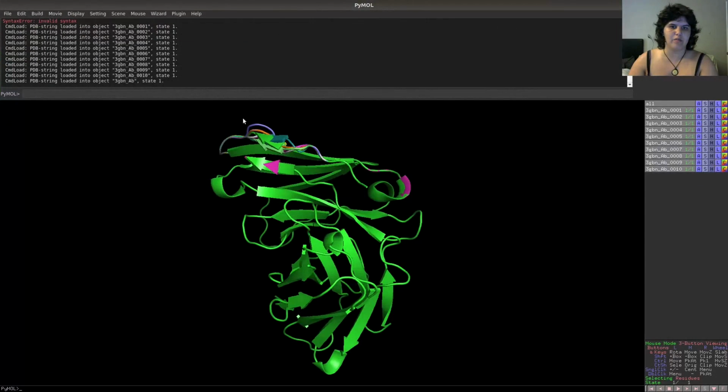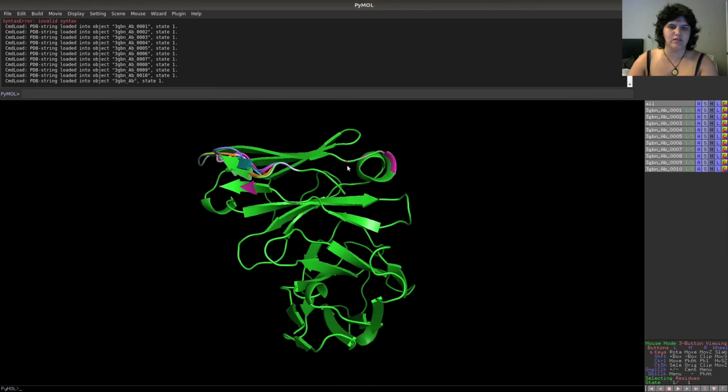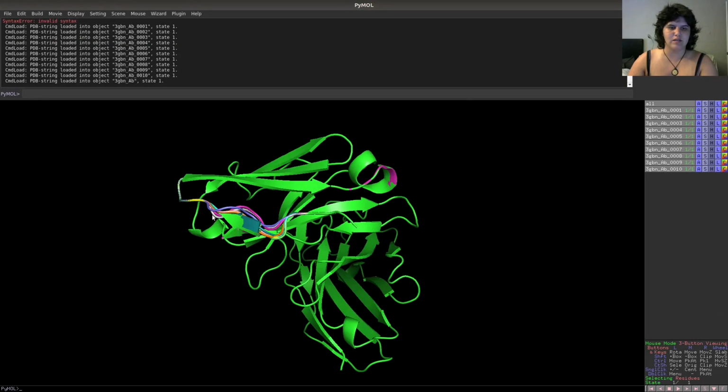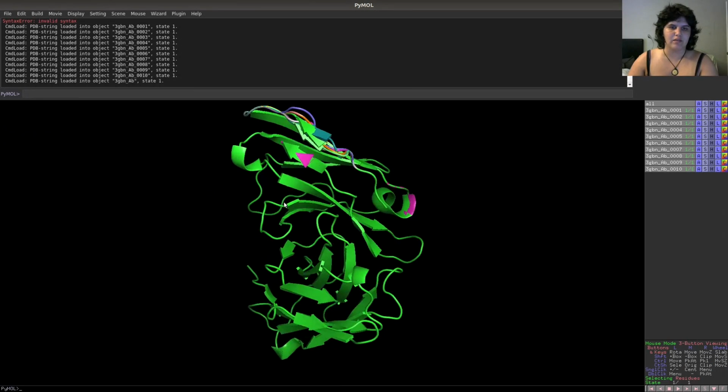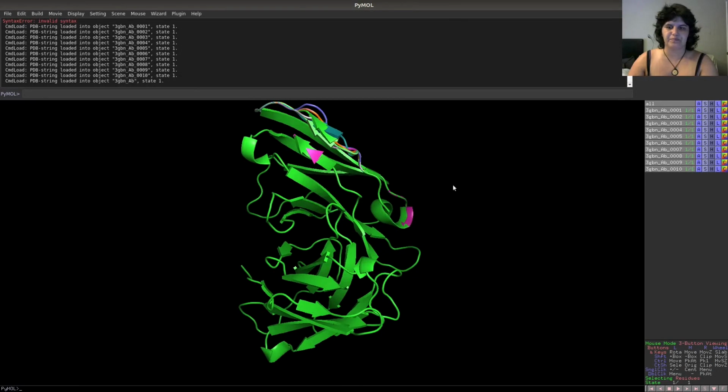I already opened a PyMol session with all the 10 structures that were created, and you can see that for the majority of the antibody nothing changed, but here where there was the chain break, we now have 10 models that are fixing it. So we will now check the score file that we obtained for this run, and we want basically to extract the